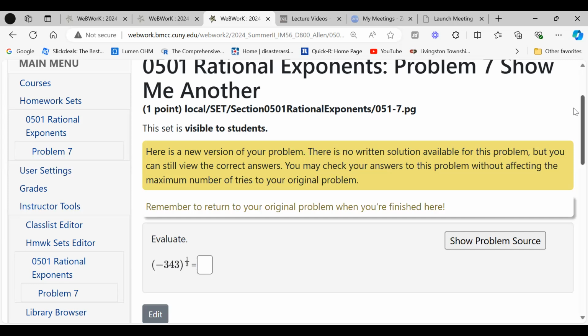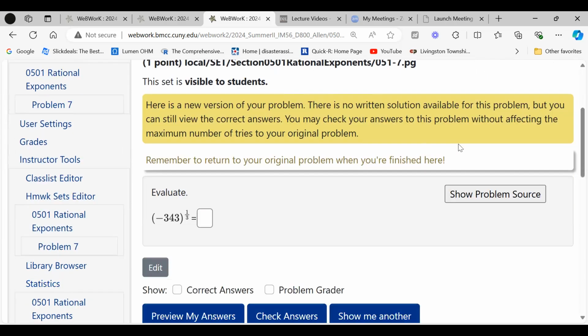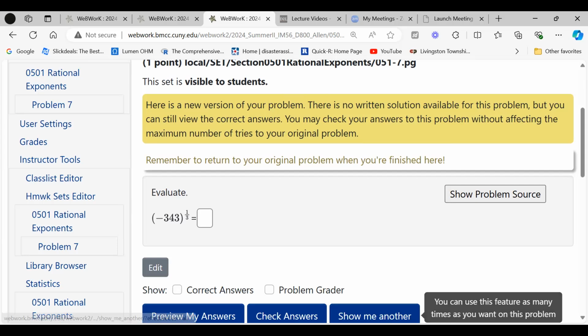Let's see, this will be some number's cube. Let's see what number that is. All right, so let's look at this question here, and I'm going to show you how to do this